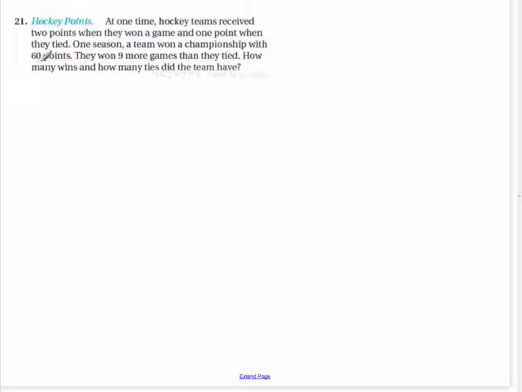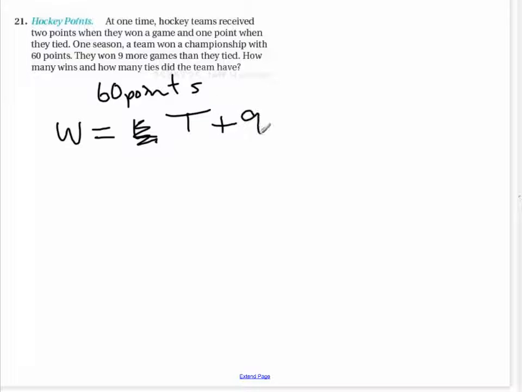Anyway, 60 points. And they won 9 more games than they tied. So they won 9 more games. So the number of wins is equal to the number tied plus 9. So if you take the number that they tied and add 9, you get the number that they